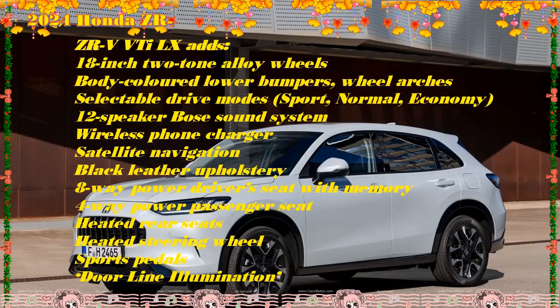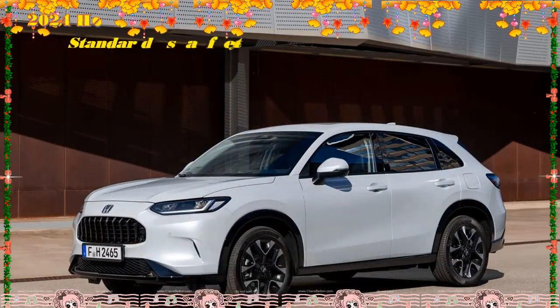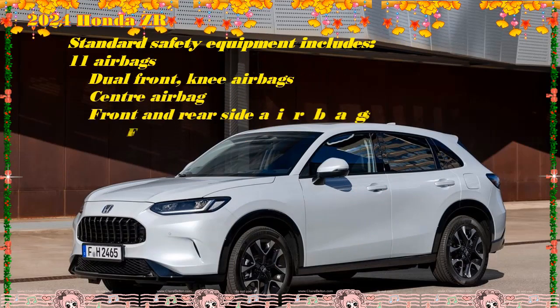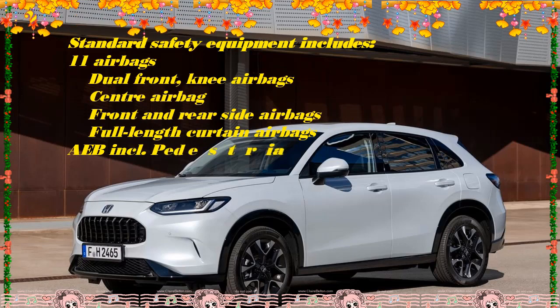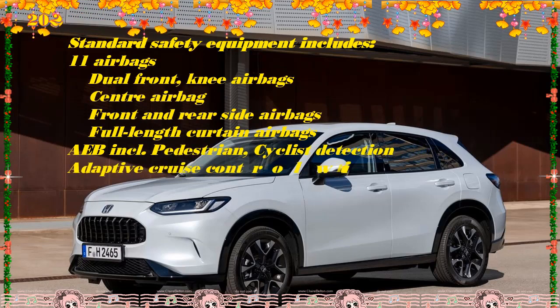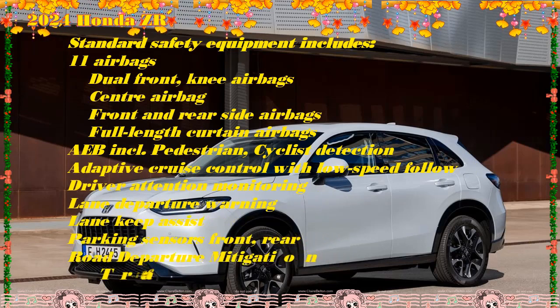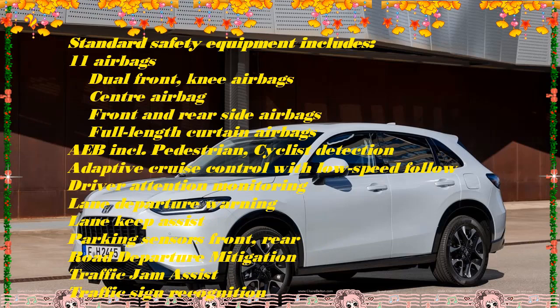Two key rivals are the aforementioned Mazda CX-5 and the Nissan Qashqai. The Mazda can be had in G25 Touring AWD trim for just over $49,000 drive away, while the Nissan Qashqai Ti is a little dearer than the Honda at $51,919 drive away based on a Victorian postcode. You could also cross-shop the ZR-V with the Skoda Karoq, from $43,990 drive away. Larger alternatives for similar money include the Hyundai Tucson Elite 1.6T AWD,